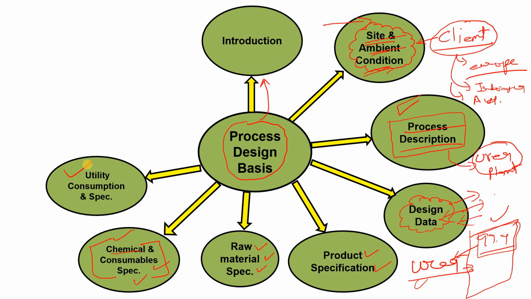What you will provide here is the quality. For example, if the process water is coming from the client, he will send you the process water results: what is its TDS, what will be its pH, its hardness, pressure, temperature. All that information is provided in the process water sheet, right?